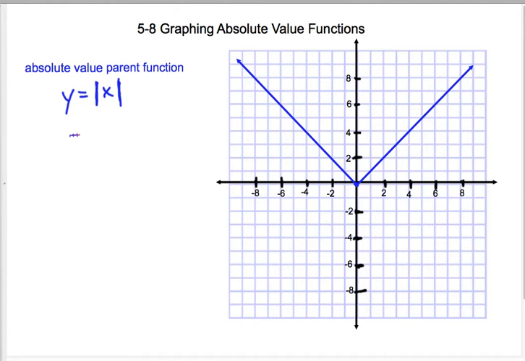Hello. In this video I'm going to be talking about graphing absolute value functions. We've graphed some absolute value functions in the past, but I want to relate it to a previous lesson about parent functions where we talked about the parent function for a linear equation. Now we're going to talk about the parent function for an absolute value equation, and it's y equals the absolute